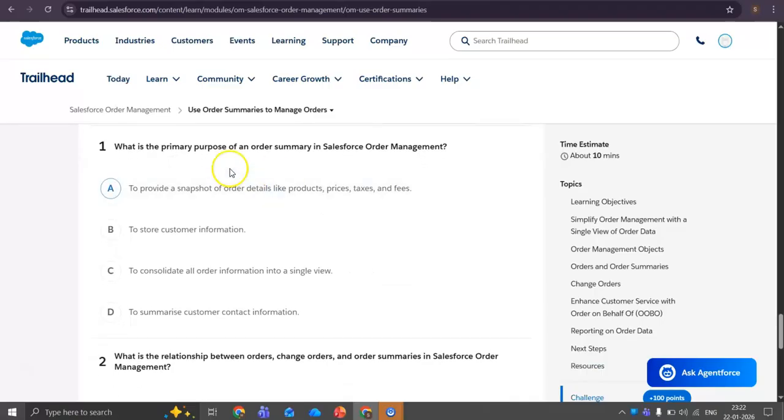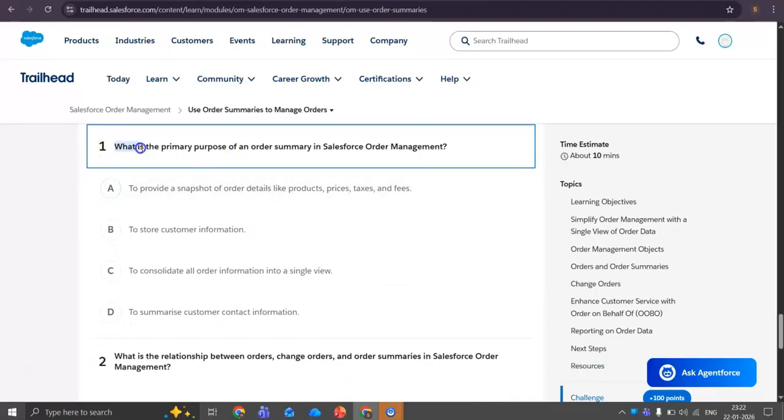Let me go to the question section. The first question is, what is the primary purpose of an order summary in Salesforce order management? The first option: to provide a snapshot of order details like products, prices, tax, and fees.